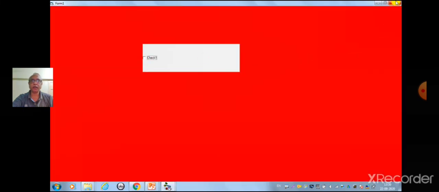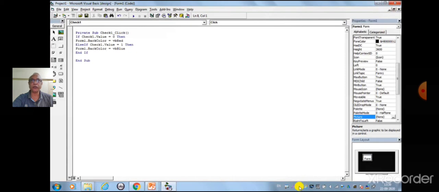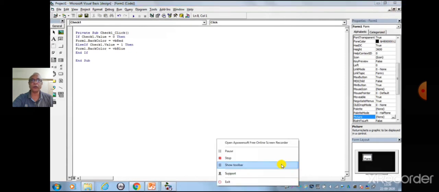So children, these are the most frequently used common controls to interact with applications.